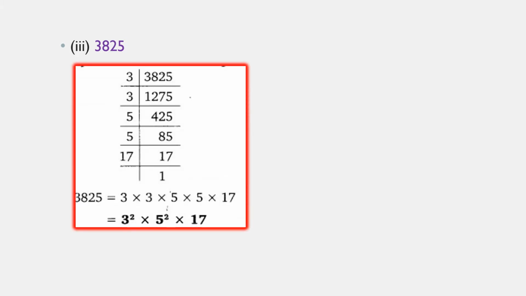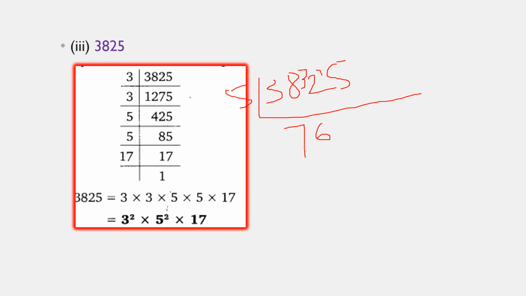So here is your next problem from first bit, 3825. You can do the prime factorization of 3825. It is shown like this. Here as the last digit is 5, I can take 5 table, or if the sum of digits is divisible by 3, then it is divisible by 3, so I took here 3 table. If you want to do it with 5 table, because the last digit is 5, I can write 5 sevens are 35 and 3 is your remainder here. 5 sixes are 30, so 2, 5 fives are 25.